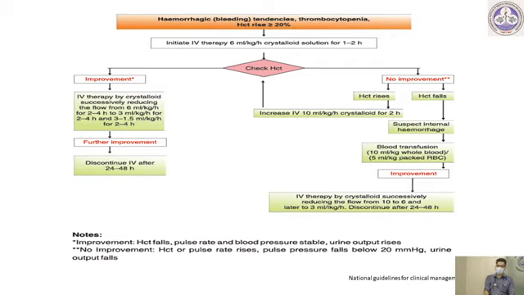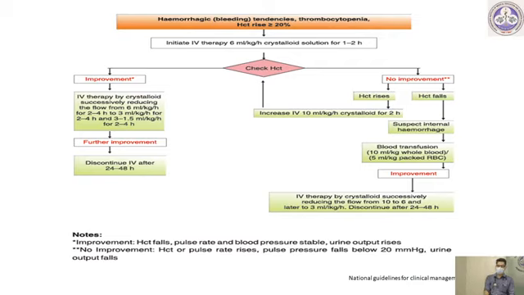If persistent fall in hematocrit is present, whole blood transfusion at 10 to 20 ml per kg per dose is initiated. If the shock is persistent even after initial fluid replacement, resuscitation with plasma or plasma expanders is to be started. Small volume of whole blood at 10 ml per kg should be initiated for persistent shock. Oxygen supplementation for all patients in